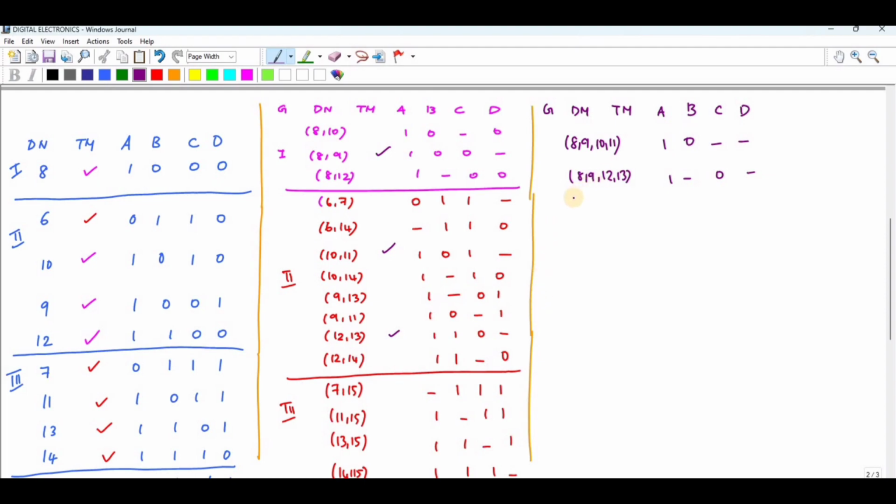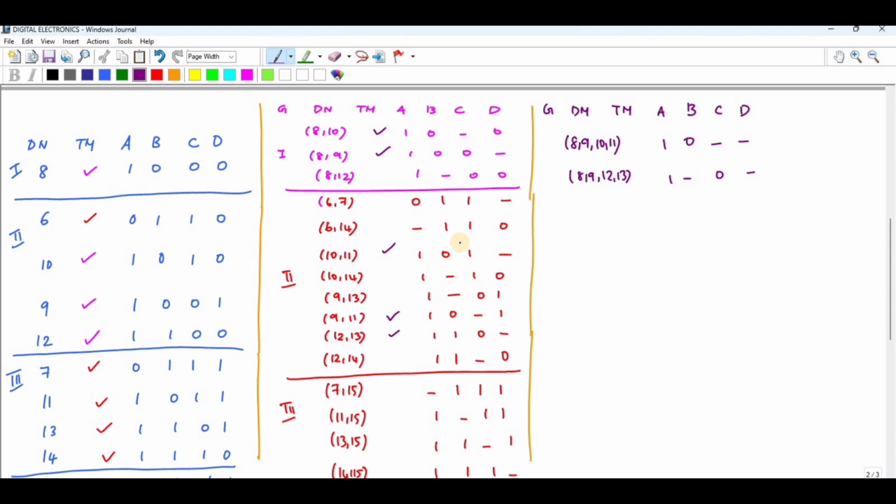So next you have to choose 8, 10, and 9, 11. So 8, 10 and 9, 11 are similar, right? 8, 9 and 10, 11. So I can see 8, 10, 9, 11 is already in this group, so I have given a tick mark for this one. Next,